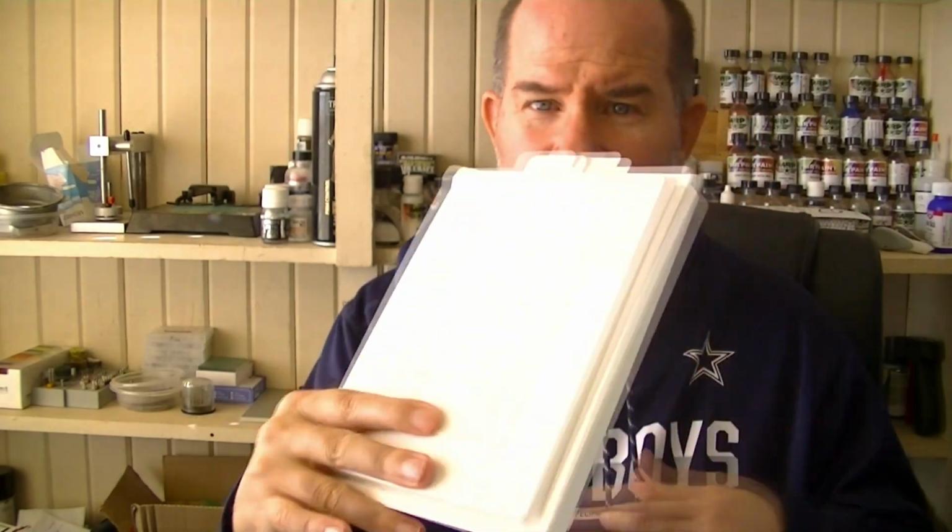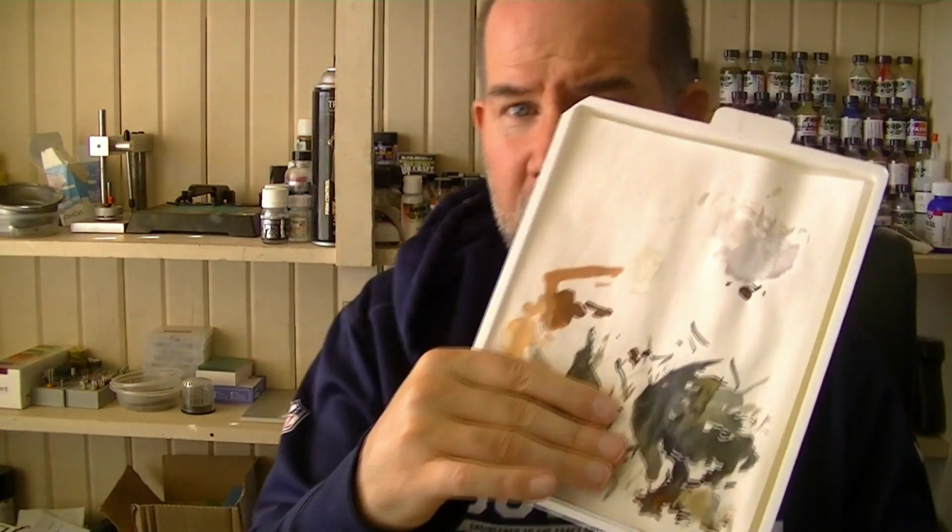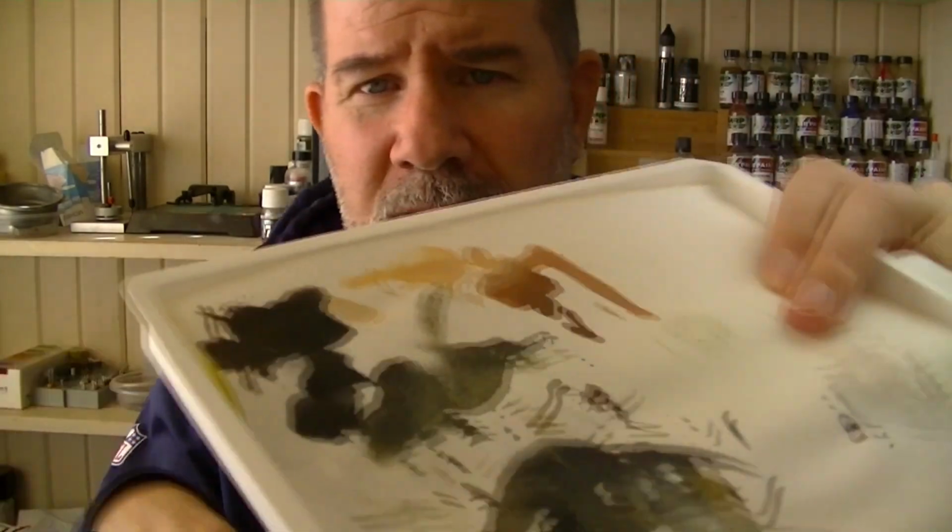Okay, so got one right here that I can show you. I had to blow the dust off of it because, as I've said, I just don't use it. And it's mostly because I'm lazy. They really work great, and you can see that I was using it. So what this thing is